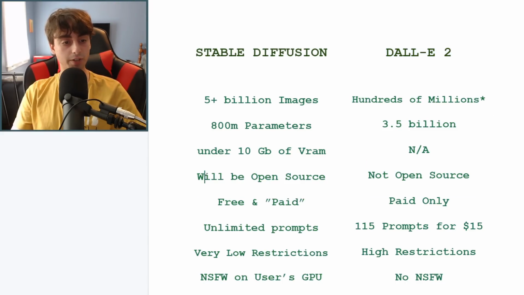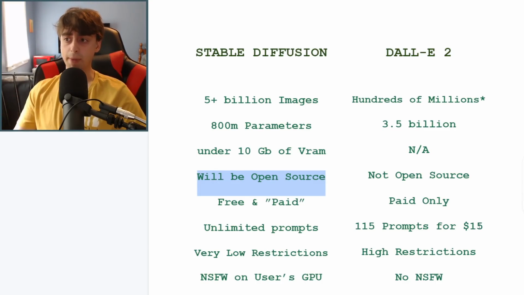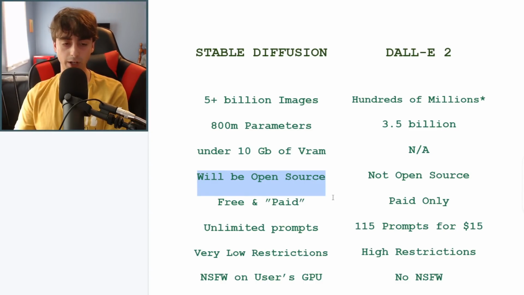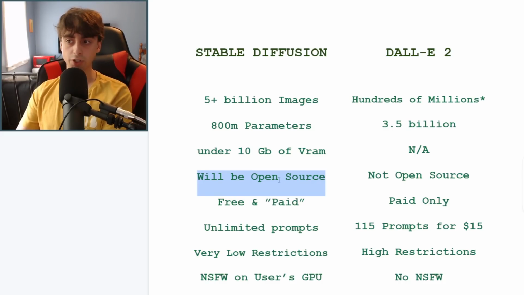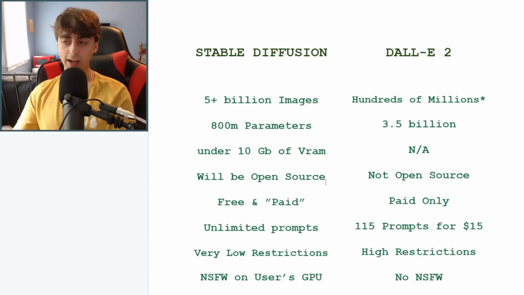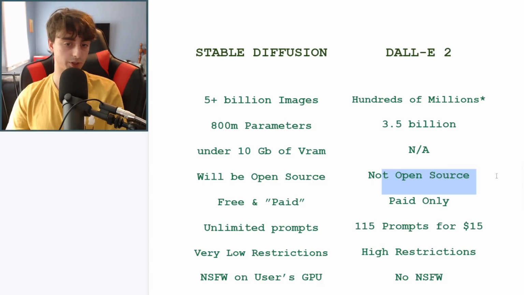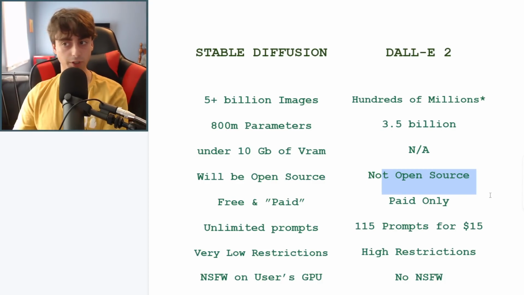Basically, open source means that anyone will be able to download Stable Diffusion pretty soon, and they can mess with it. They can make an app with it for Android and iOS. They could make their own program you could download at home and run on your own machine, although don't quote me on this, I'm pretty sure that Stability AI is going to make a version you can download. But yeah, open source means quite a lot of possibilities. Anyone can download and modify Stable Diffusion and create whatever they want with it. And of course, nothing of that sort with Dall-E 2. It's completely closed off. OpenAI has full control.